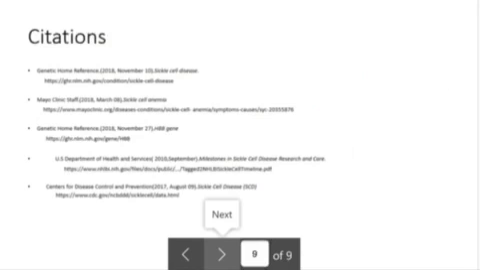The questions that I have are, why is this mutation prominent in African Americans? And my second question is, is there some way that